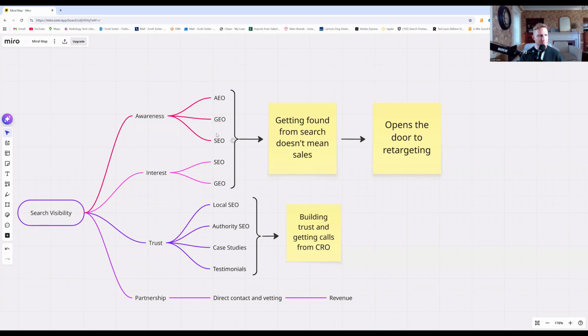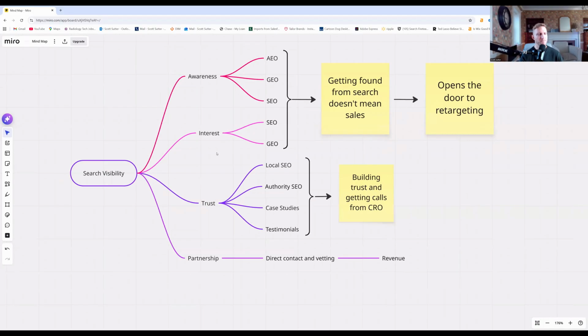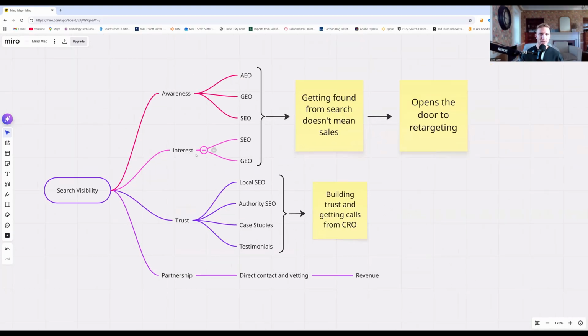So that does, again, continue to play a role even at the awareness phase. But that opens the door to getting found, which could potentially open the door to retargeting. But more or less, we're trying to create that awareness that should eventually drive into interest. So the difference between awareness and interest is I might not necessarily be ready to contact a law firm or